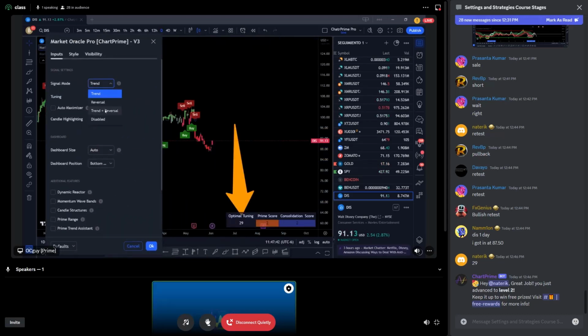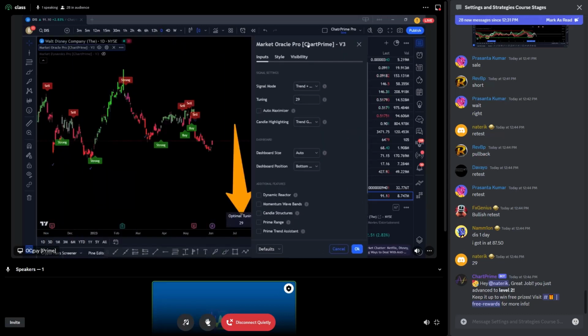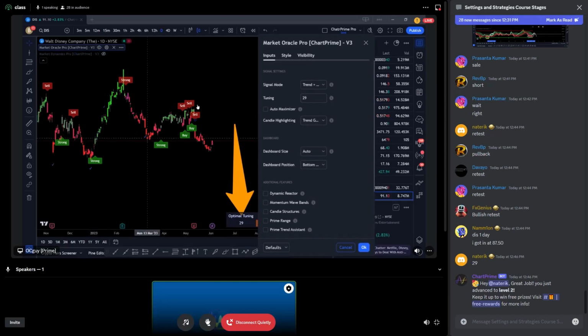Change to trend from trend and reversal, because I also want to see reversal. And for the tuning, instead of 9, we're going to punch in 29. Usually I like 43, just so you know, but that is a highly optimized setting for Bitcoin per hour. So let's get started with 29 and wait for that little eye to stop strolling around and see how we're doing. All right, so it seems very, very nice.